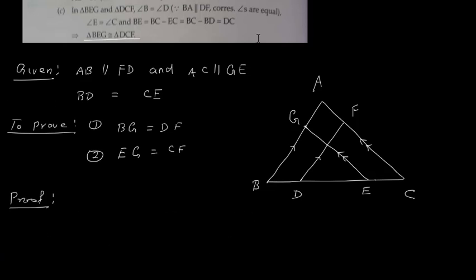So okay, let us do it. I will try to do here only. So here I have drawn the triangles that are given. I have written the given. We have given this AB parallel to this FD. We have given AC parallel to this GE. We have given this BD is equal to CE. And we have to prove that this side BG is equal to side DF. And we have to prove that this side EG is equal to side